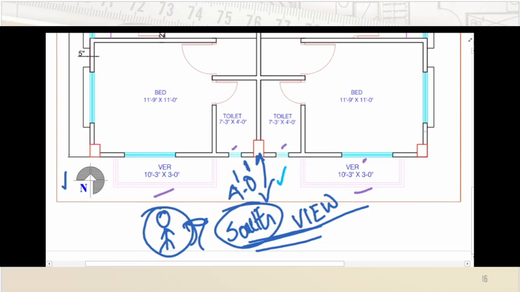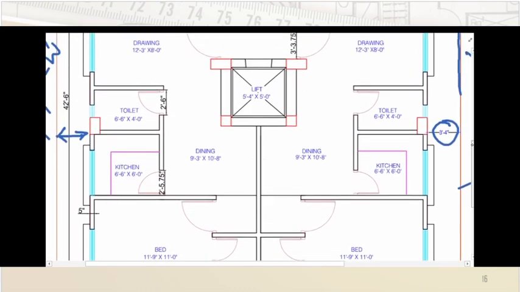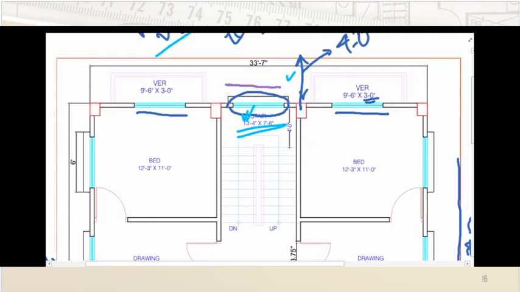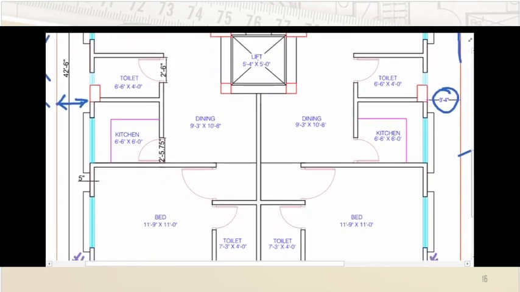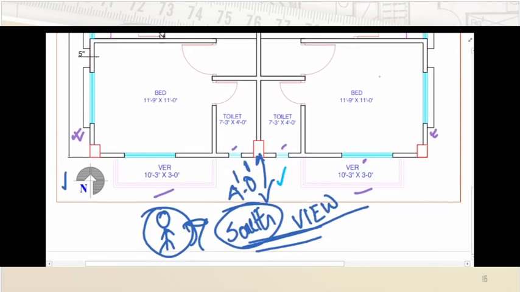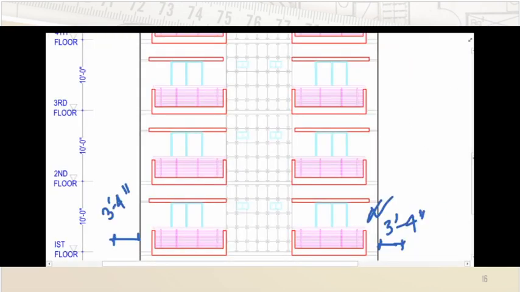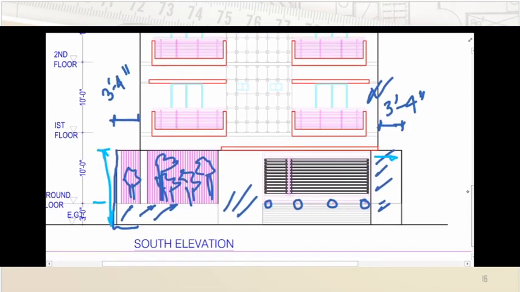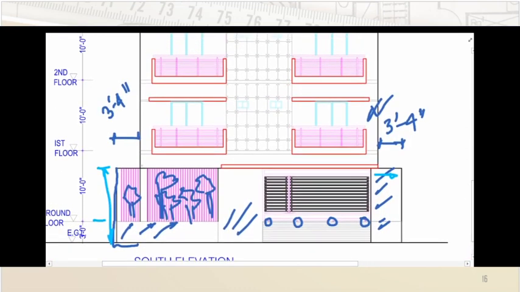And we will be watching the sunshades of each floor on the elevation view as well, and no other extended portions are to be seen while looking from the south. So go to the south elevation. You'll see this is the south elevation. We have constructed up to the first floor, and as we said earlier,